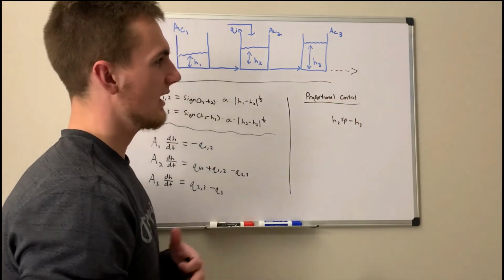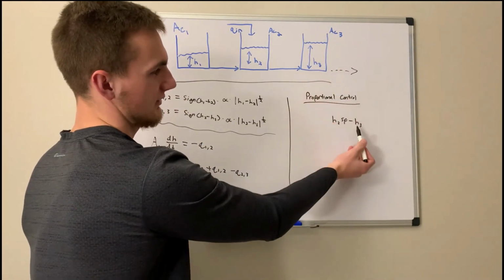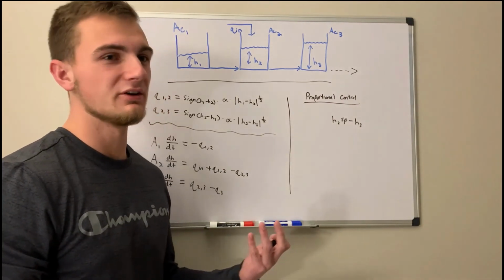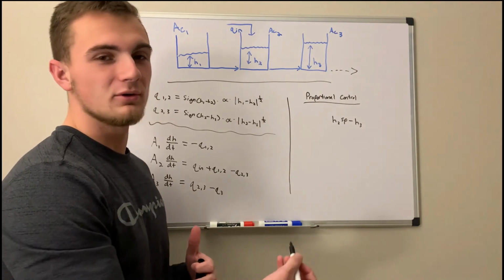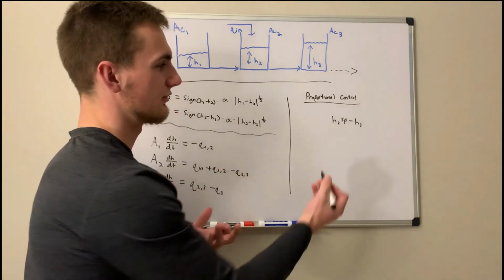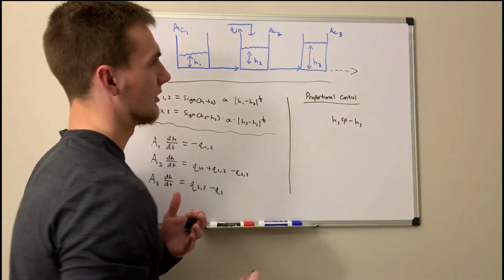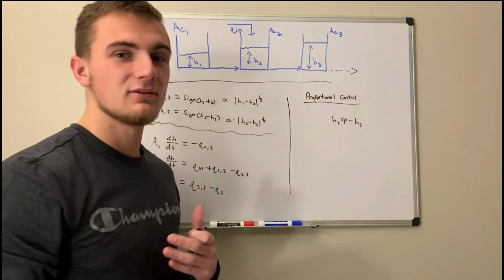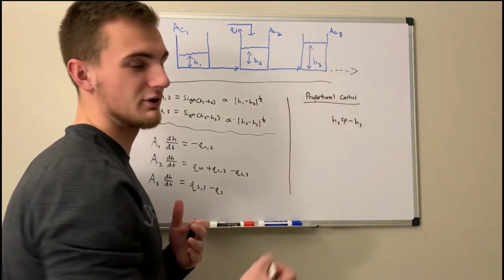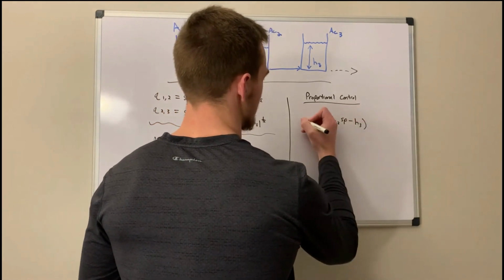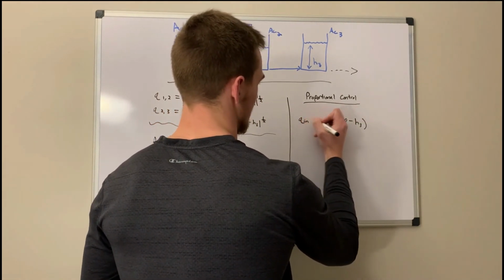So let's say that the height in this tank, so H3, is like 0.8 or 0.9 meters. Well, what will we need to do in order to increase the level in the tank to get closer to our set point? Well, we will have to increase the initial flow into tank 2 in order to raise the level here. So what we can say here is that in order to increase Q in, we will have